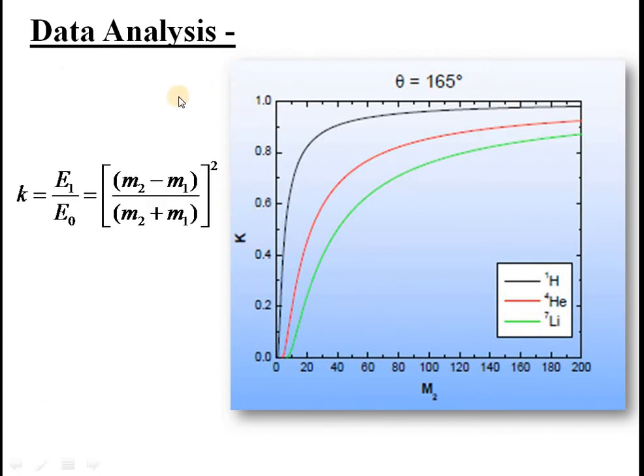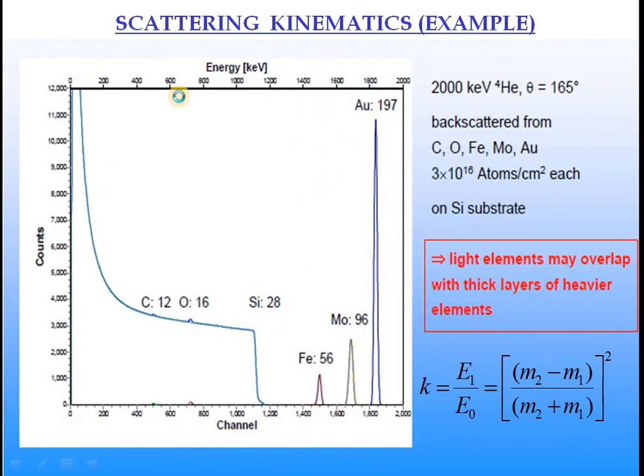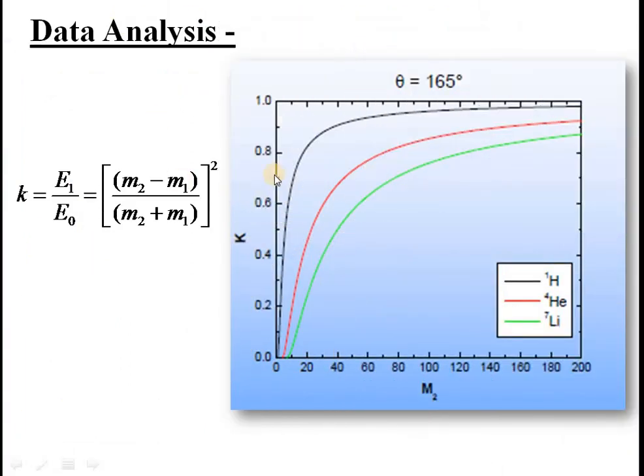These are the typical ways to measure masses. There are standard graphs, calibration graphs, available. These are drawn for certain well-known projectiles. This is a highly informative graph. In fact, the graph is drawn for different types of projectile: hydrogen ion, helium ion, lithium ion. And the target mass is also shown here for different masses. What is the value of the kinematic factor? So this is called a calibration table or a calibration graph.